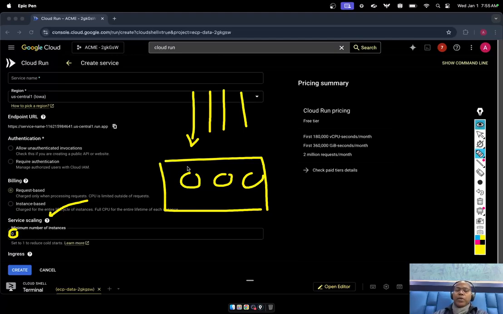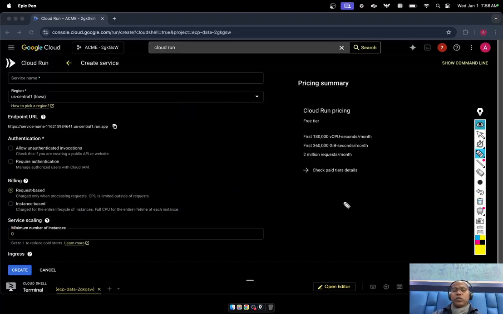Sometimes that is good, but sometimes you want no delay. Whether my first request comes or the 10th request comes, all should feel the same user experience, the same performance. So in this case, you can set a minimum: at least I want one instance always running, and once more requests come, more instances are going to be added automatically. Okay, so these are the services